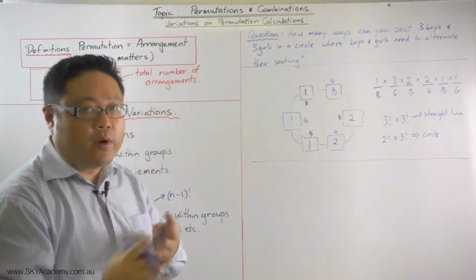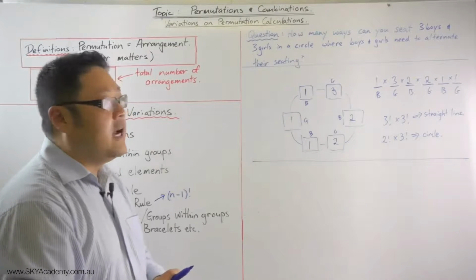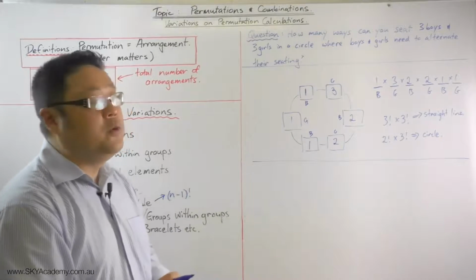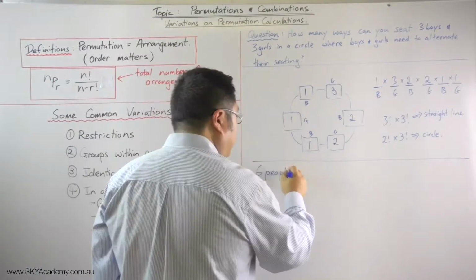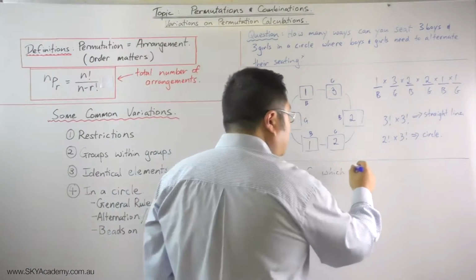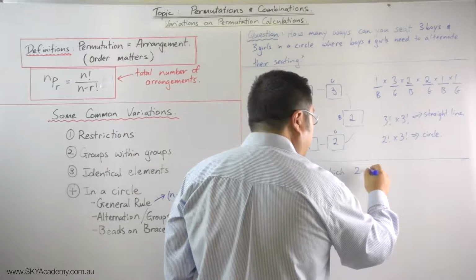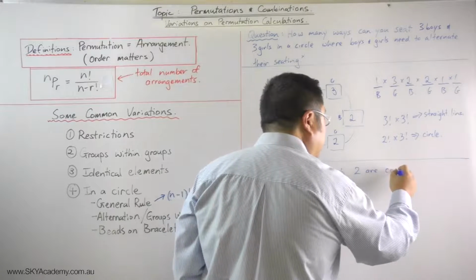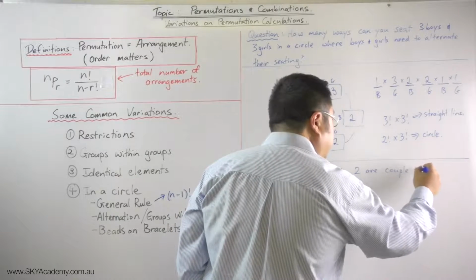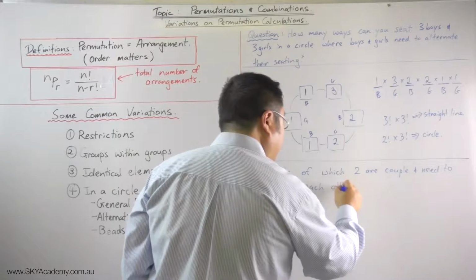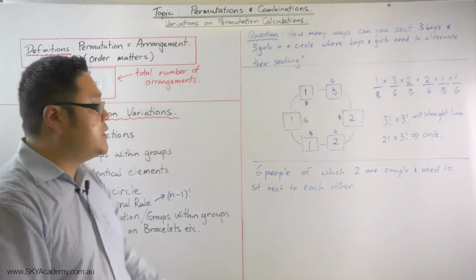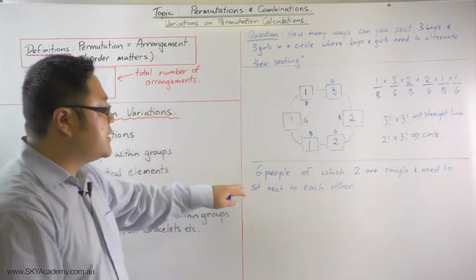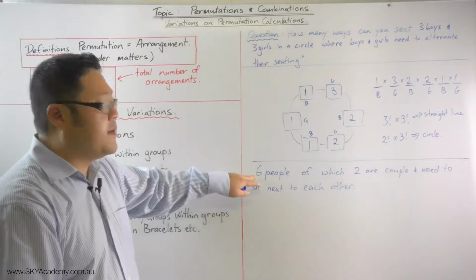You've got 3 people, right? Or say for example, you've got 2 people that need to sit next to each other, right? So you've got 6 people, of which 2 are a couple and need to sit next to each other. Okay? In this situation, what you need to do is consider that even though there are 6